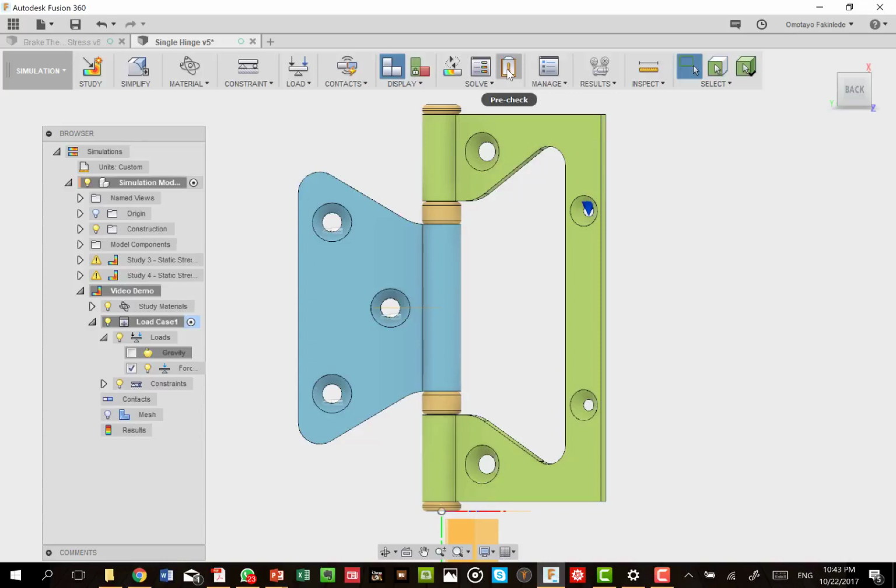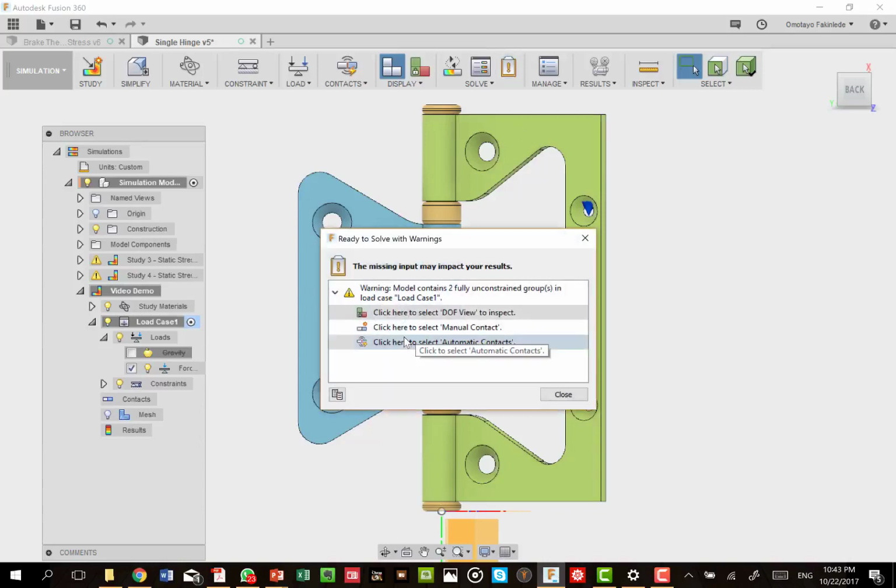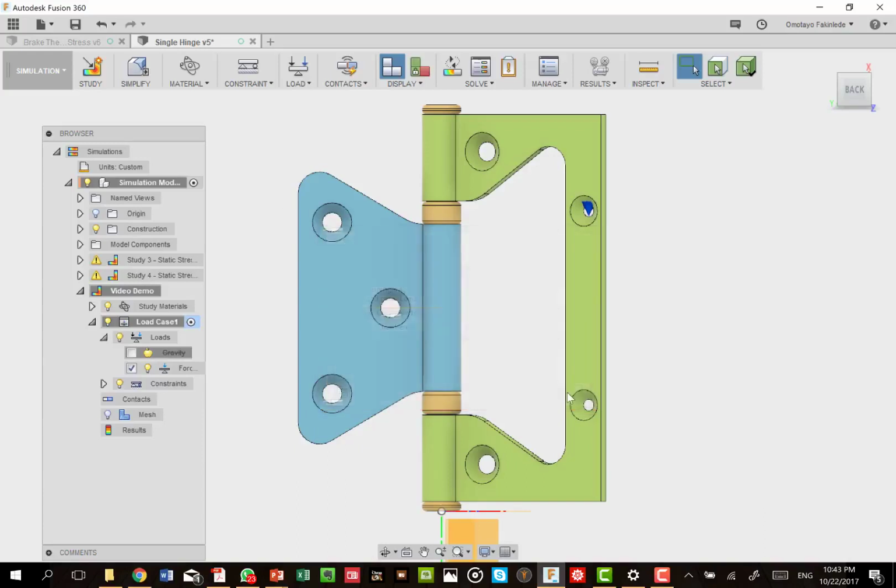So with that, we can do a pre-check. We can do a pre-check just before we go into simulation. We can check and see whether things are going well for us or not. It says there are some unconstrained groups. These are warnings that I think are ignorable at this stage, and we can